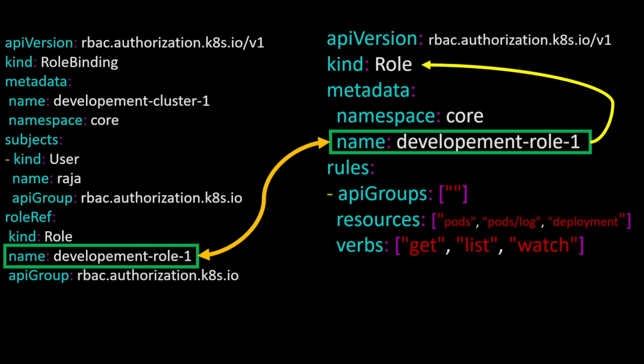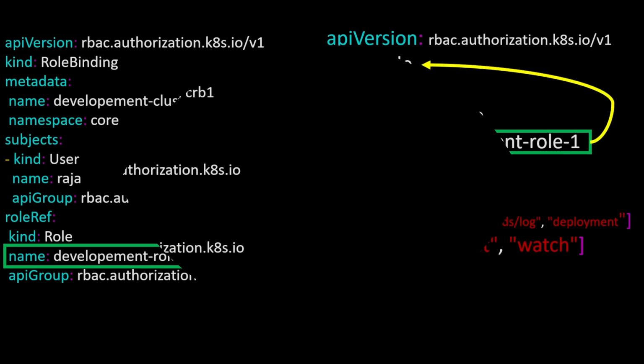In short, we create a RoleBinding to define which user has access to the Role object. Kindly bear in mind, once you have created a binding, I mean a RoleBinding, you cannot modify the roleRef. If you need to modify it, then first you need to delete the existing RoleBinding and then recreate it with the modification. I will show you in the lab.